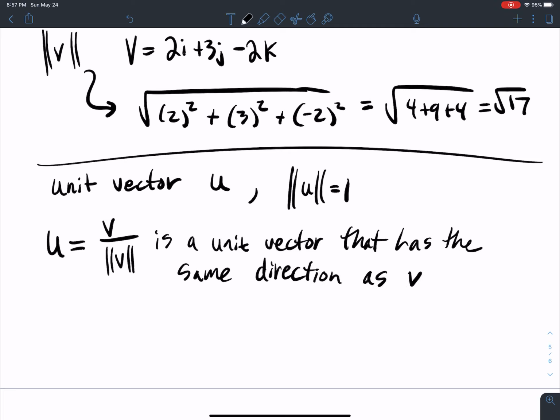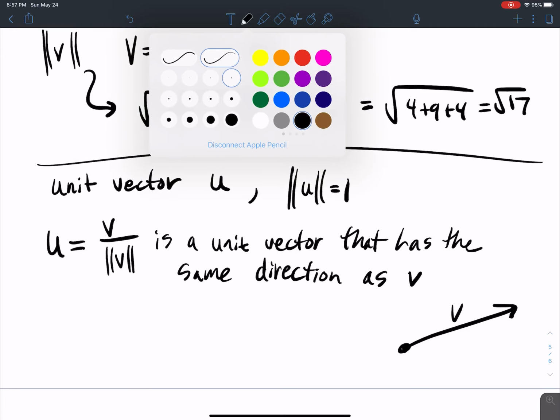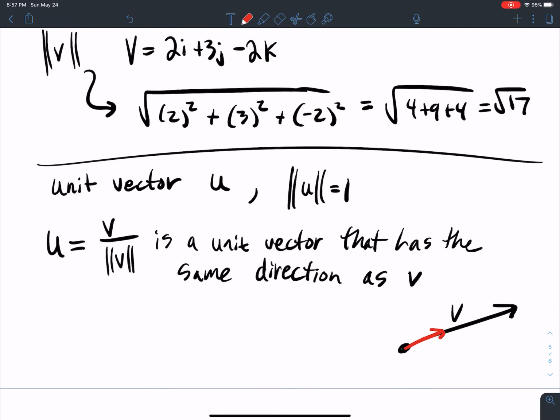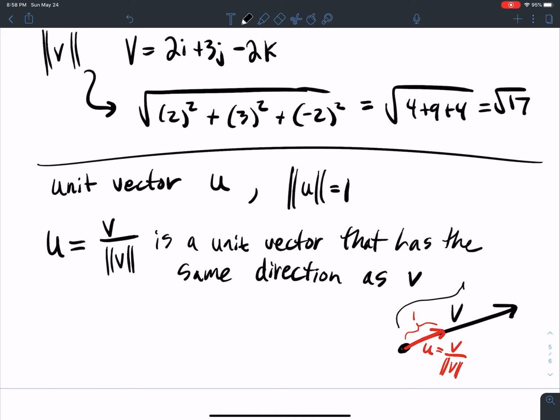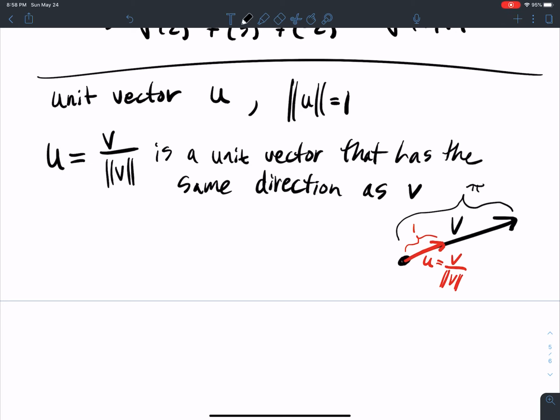as v. Very powerful. Okay, so say you have some vector v here. If I want the unit vector, maybe the unit vector just goes out this far. That's the unit vector in the same direction as the original v vector, but its magnitude now is equal to 1. Okay, where this magnitude might be pi or whatever it is. Okay, so using this formula, this tells me that v is equal to the magnitude of v times the unit vector. Okay,